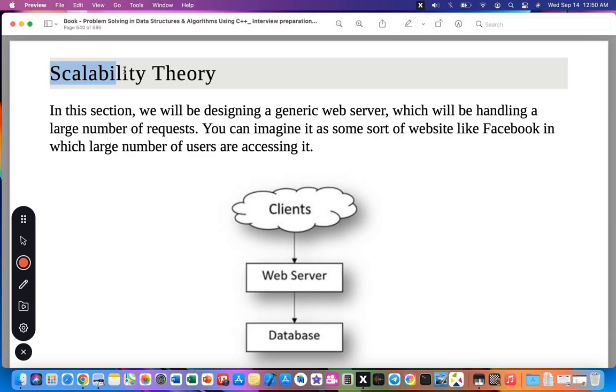Scalability theory. Scalability means expansion, means you increase the number of users you support, you enhance your services, expand it, make it larger scale, right? Scalability. In this section, we will be designing a generic web server, which will be handling a large number of requests. You can imagine it as some sort of website like Facebook in which large number of users are accessing